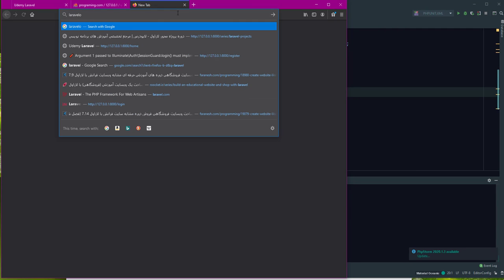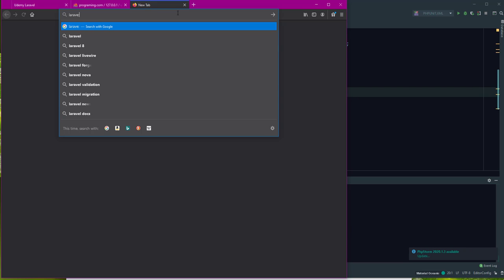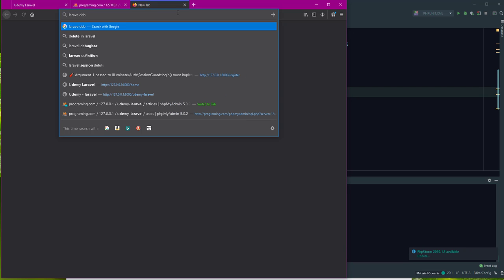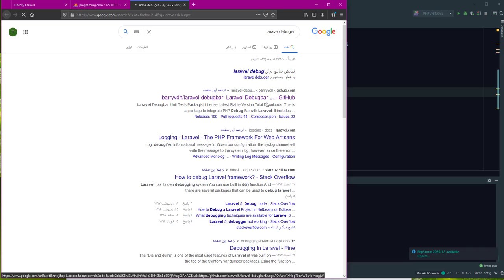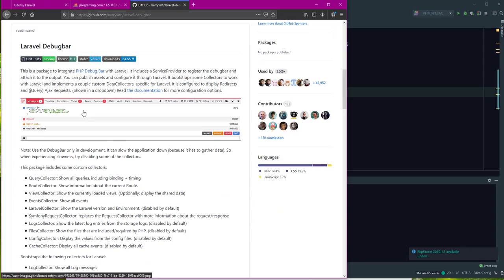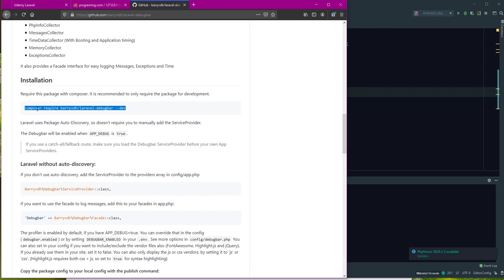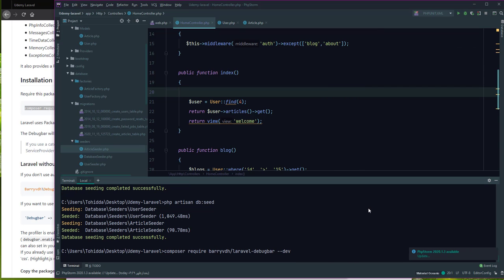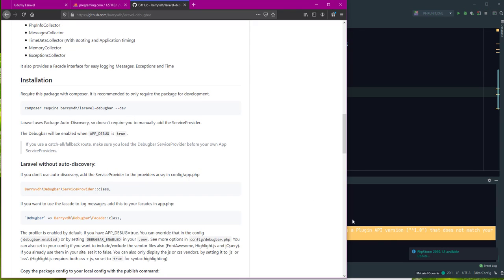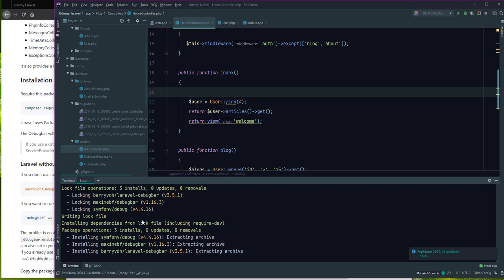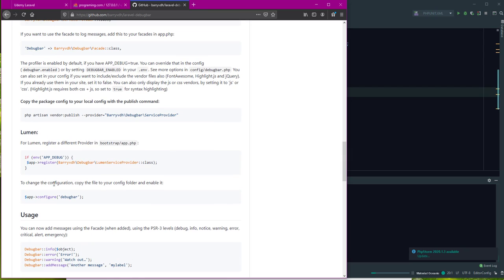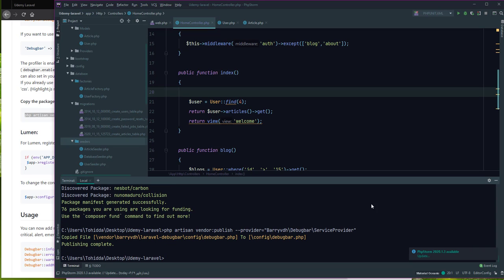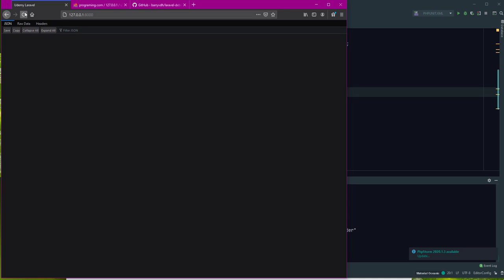Install Laravel debugger. In GitHub, use this Laravel debugger to debug data, and Composer require this line and wait to install Composer. Install this, extract and generate optimize. Okay, PHP artisan vendor this and publish vendor complete, and if we refresh,